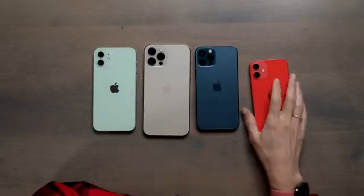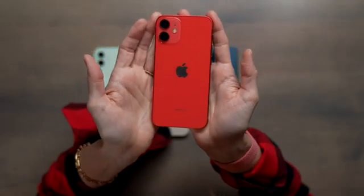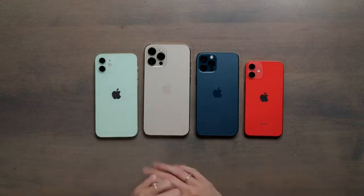It's times like this where I wish that I didn't want to have the best top of the line iPhone, because this mini, it's perfect. Like, the screen looks amazing. I really like it a lot. It's so precious. So I'm sure if you guys are avid iPhone users, you probably have seen all of the